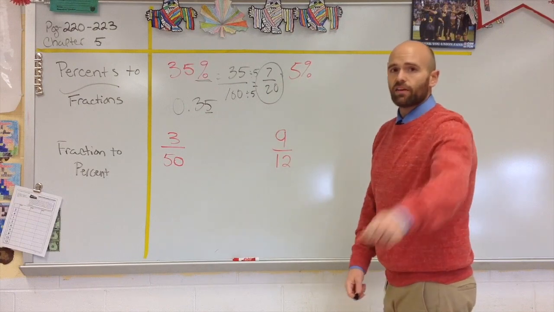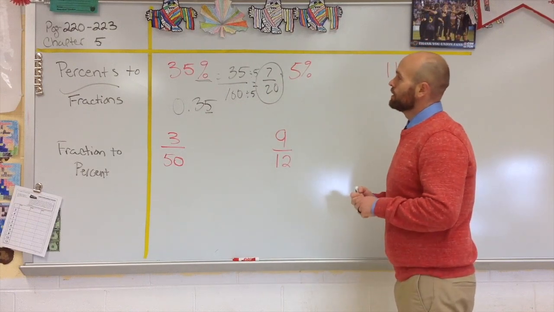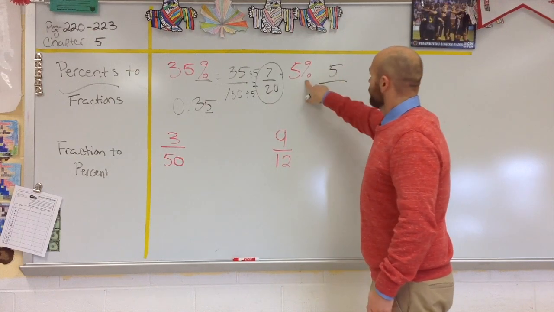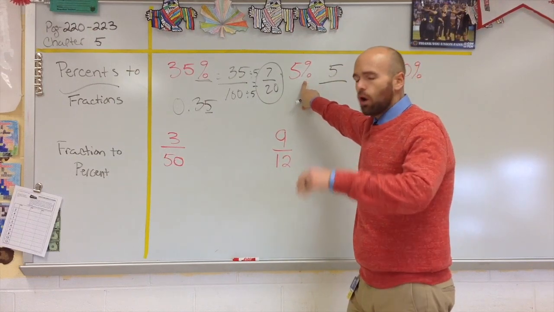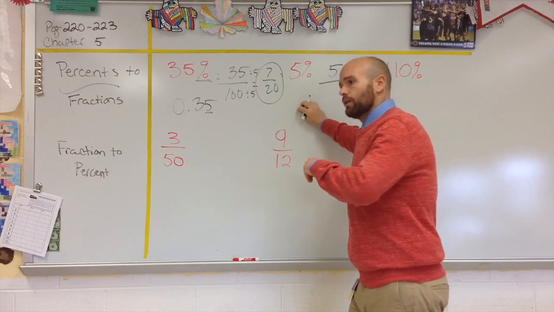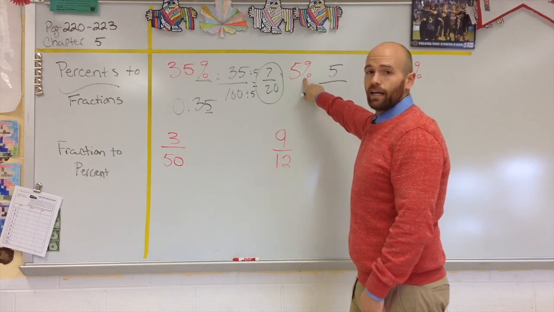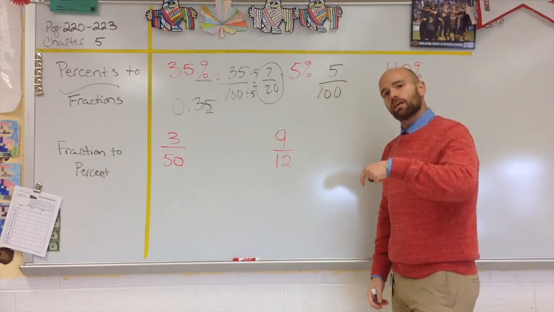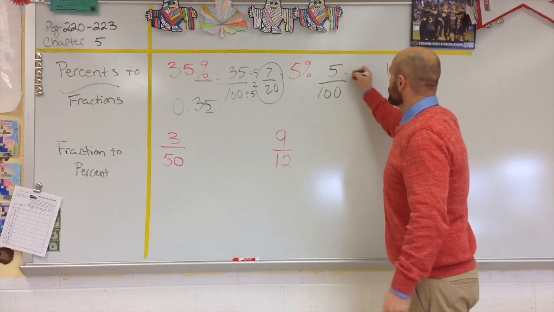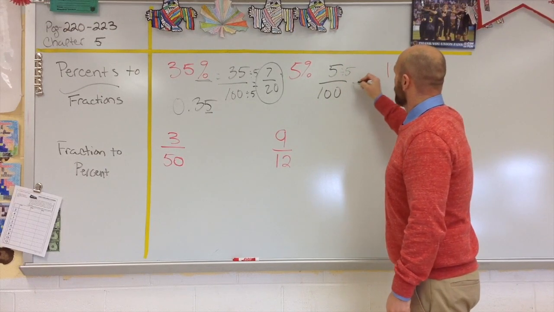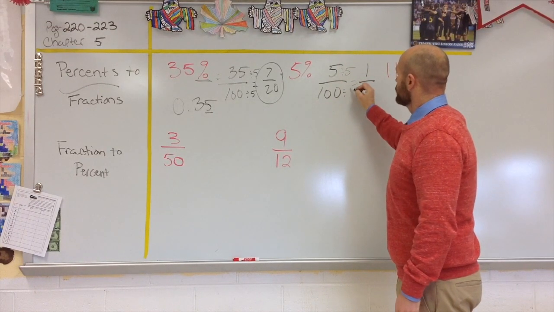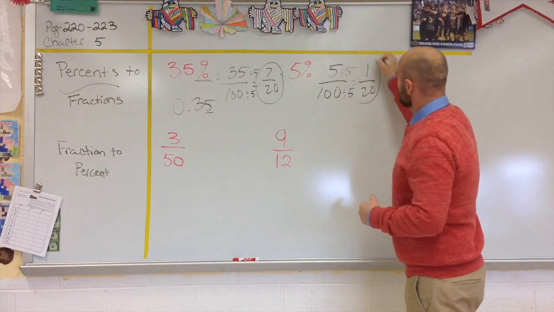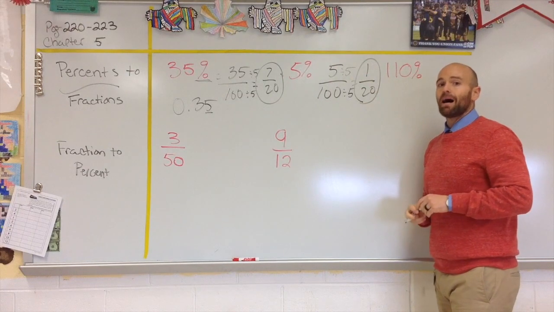All right. Here's another example. We're going to look at 5%. My part is 5. And whenever you see that percentage sign, it means over 100. There's only one meaning for this percentage sign, and it's put me over 100. Now, I know that 5 can go into both 5 and 100, so I can reduce this. 5 divided by 5 is 1. 100 divided by 5 is 20th. These two are equivalent fractions, so 1/20th is my simplified